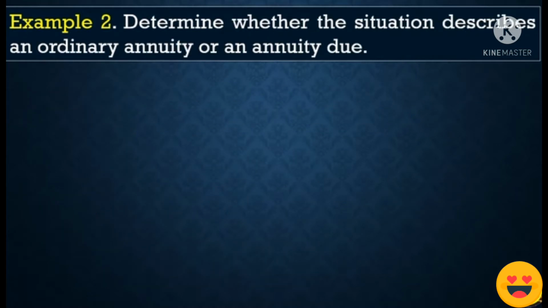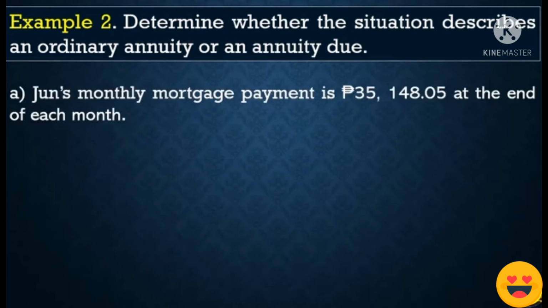Another, determine whether the situation describes an ordinary annuity or an annuity due. Letter A, June's monthly mortgage payment is 35,148.06 at the end of the